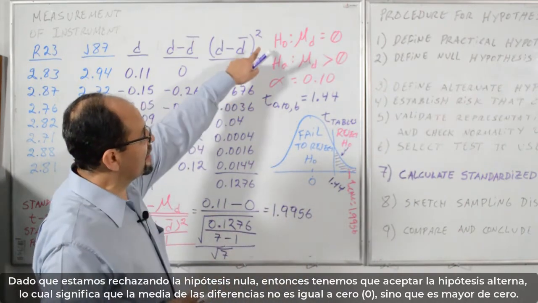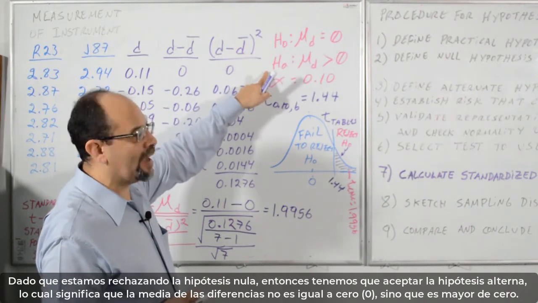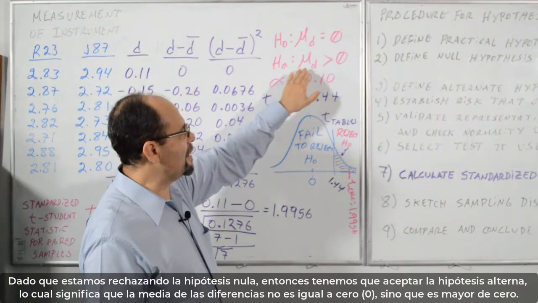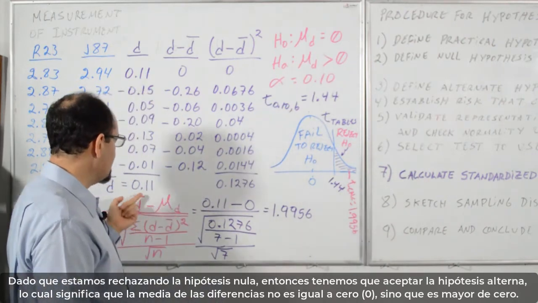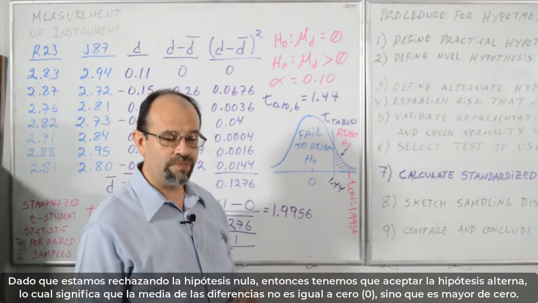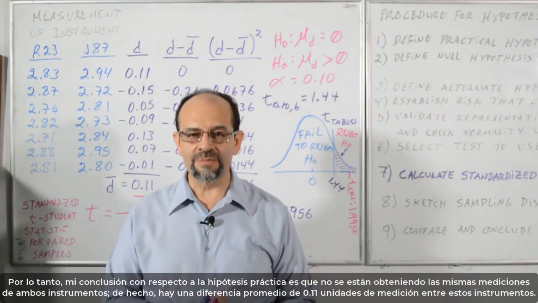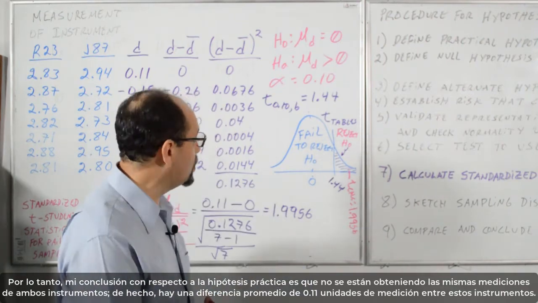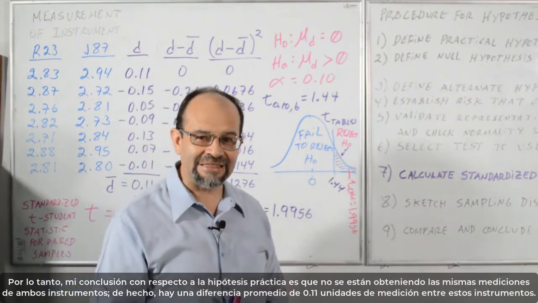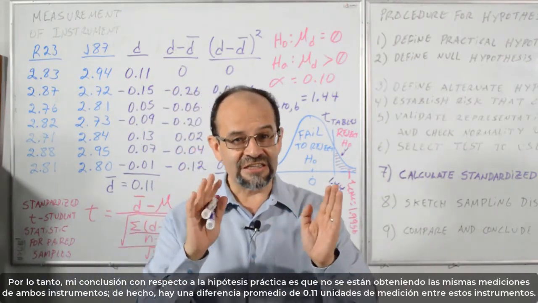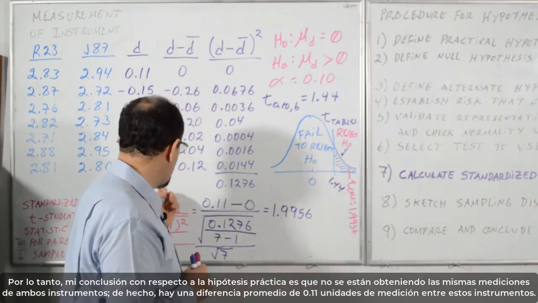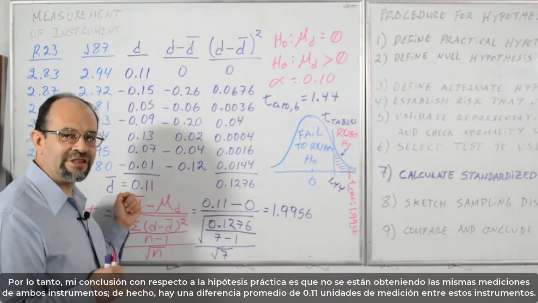Since we are rejecting the null hypothesis, we have to accept the alternate hypothesis, which means that the mean of the differences is not equal to 0, but it is greater than 0. Therefore, my conclusion in terms of the practical hypothesis is that both instruments are not measuring exactly the same thing. In fact, there is an average difference between the two of 0.11